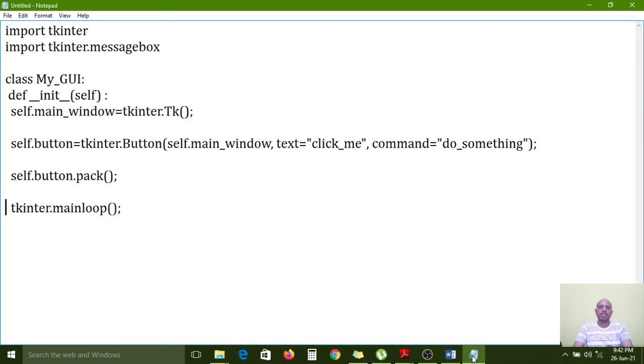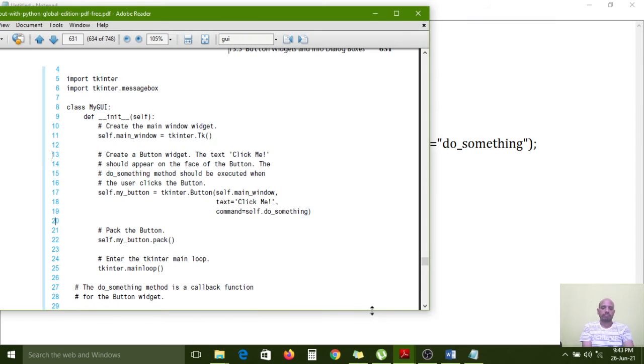And next, the do_something method is required now. The do_something method we need to configure now. So like that, def do_something. So that function logic we have to write. What is the logic we have inside?